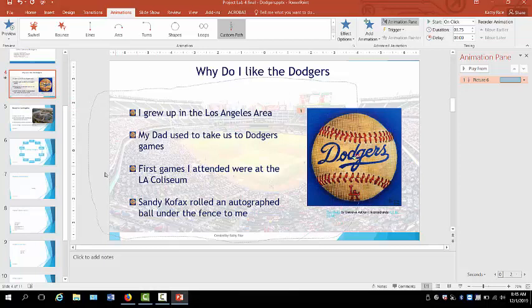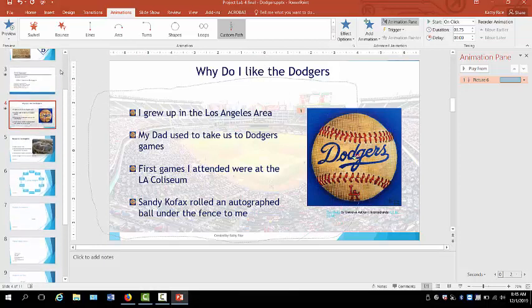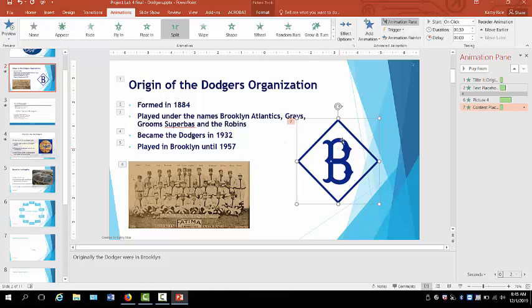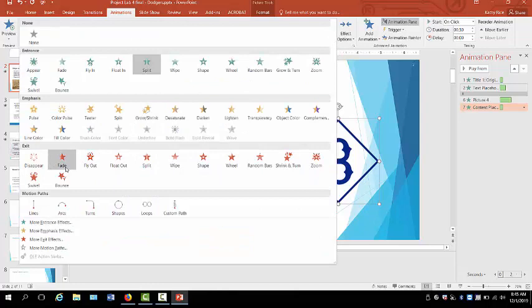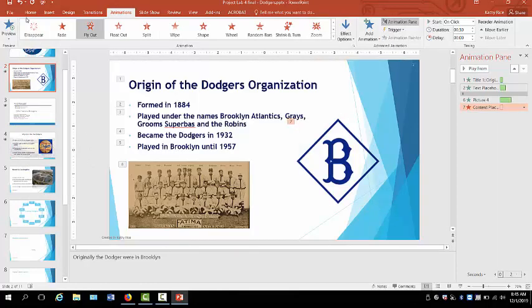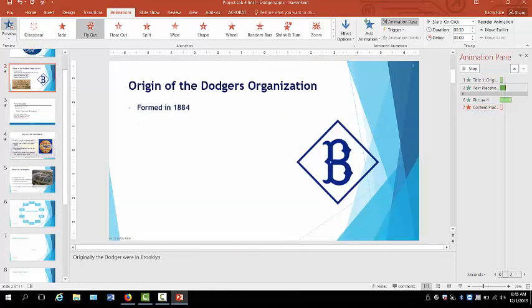Now, the one thing I did not show you also is the exit. So as you change from one slide to another, if this slide is done, you've got it all animated, you want something to drop off the screen before you go to the next slide, you can do an exit animation and say, I want this to fly out. See how it flies out? So if I preview this,